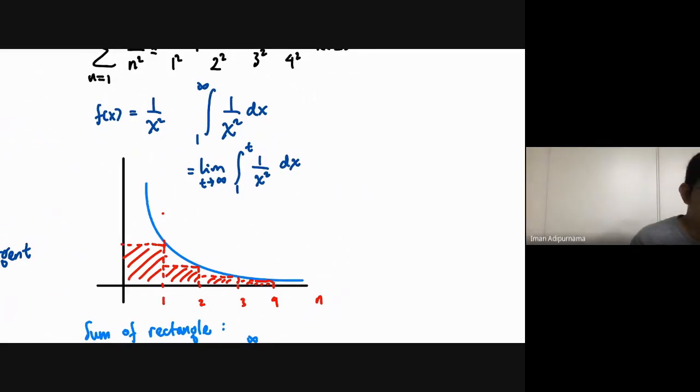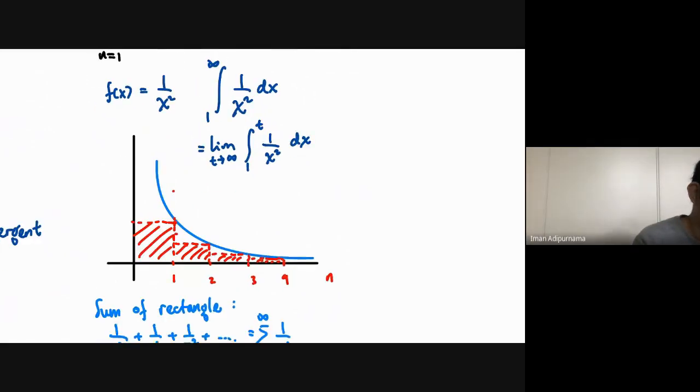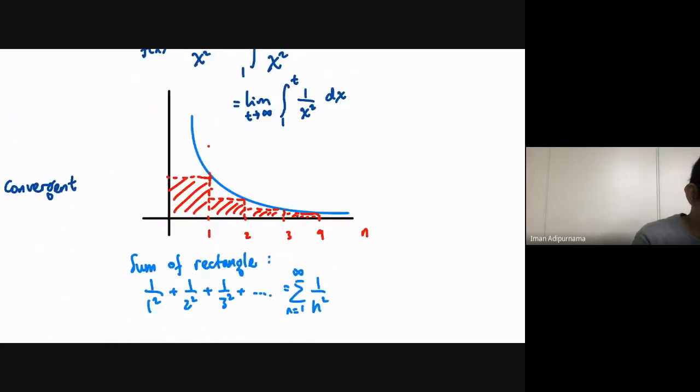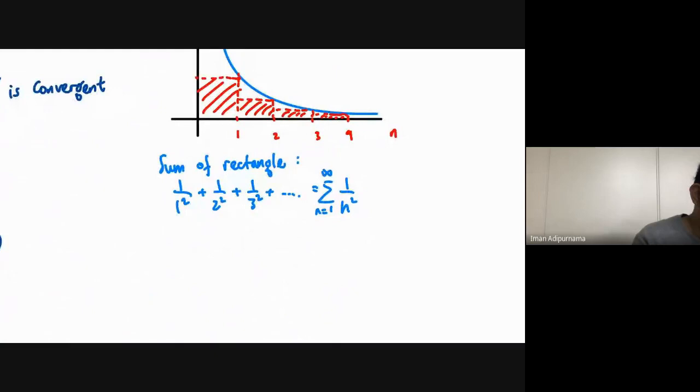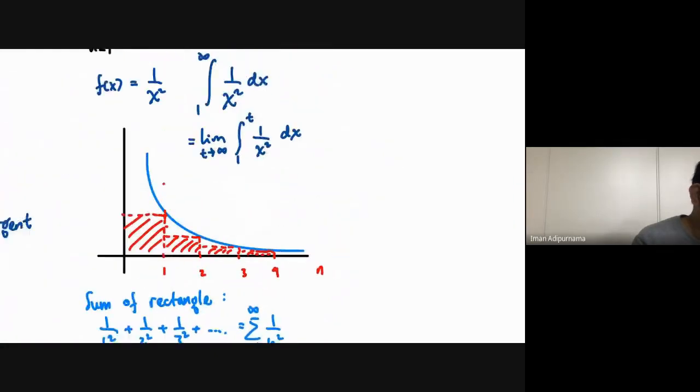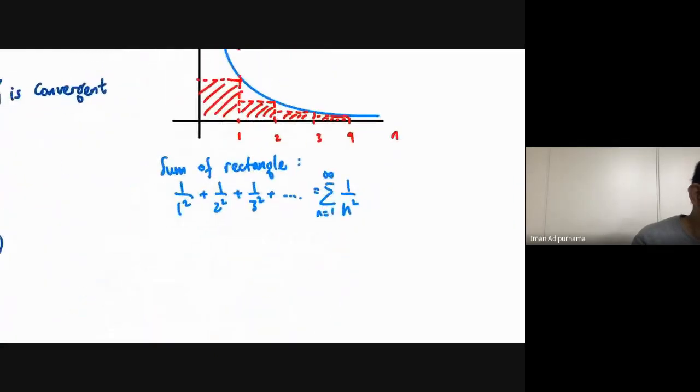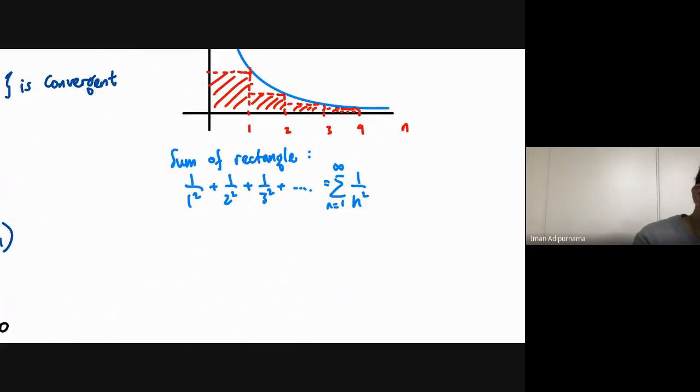And what is the integration? Or let me write down here. So this is from 1 to infinity. So if we exclude, let me write here, if we exclude the first term,